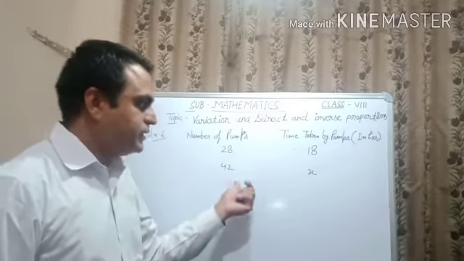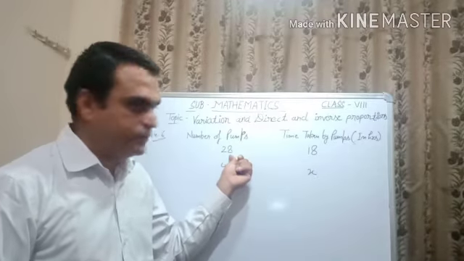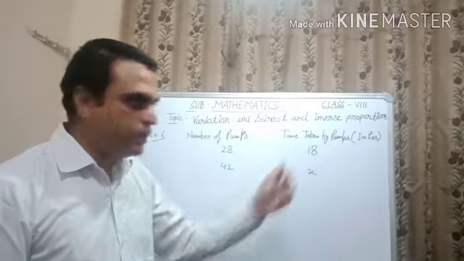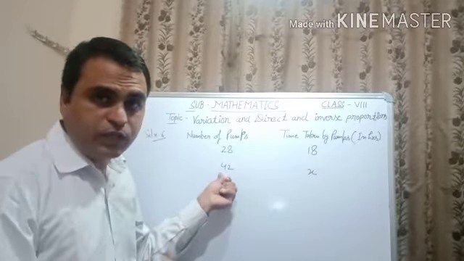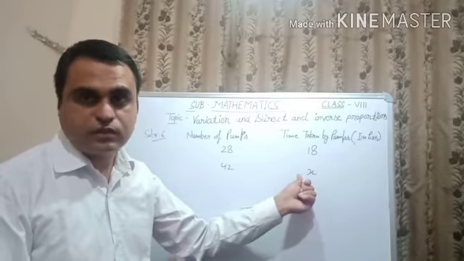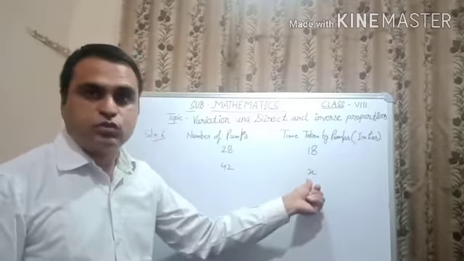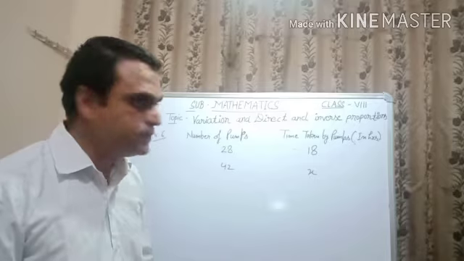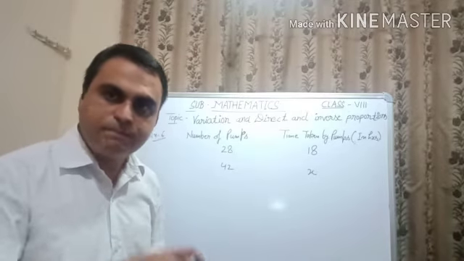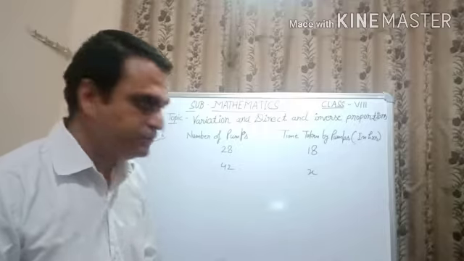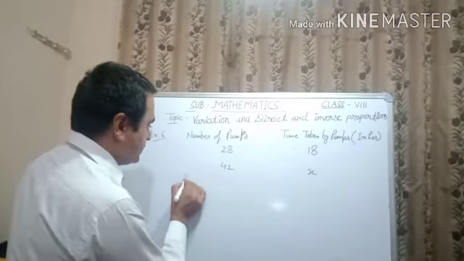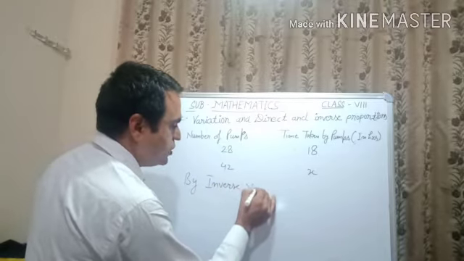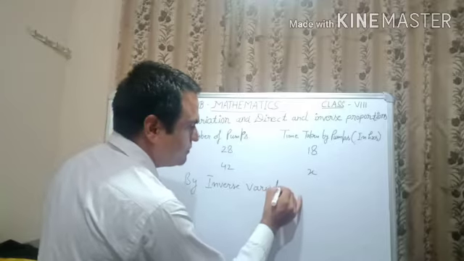So obviously, 28 pumps can empty the reservoir in 18 hours. If we take 42 pumps, then obviously it is common sense according to this question कि 42 पंप्स अगर हम लेंगे तो हमारे को टाइम क्या होगा, लेस आएगा. इट मीन्स हमारे पास जो आंसर आएगा वो 18 से बिलो होगा, ना कि 18 से ग्रेटर होगा. नाउ बाय इनवर्स प्रोपोर्शन वी सिंप्लीफाई दिस बाय इनवर्स वेरिएशन, और यू कैन राइट एज प्रोपोर्शन.